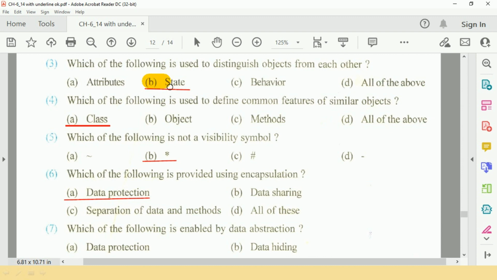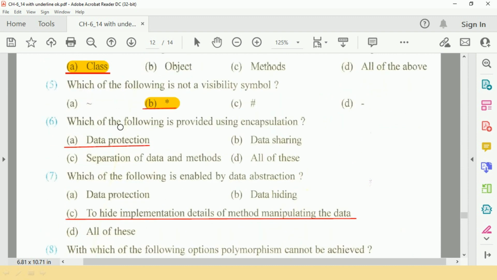Option B is state. Question number 4 is which of the following is used to define common features of similar objects? A, class. Question number 5 is which of the following is not a visibility symbol? So asterisk sign, it is not a visibility symbol.